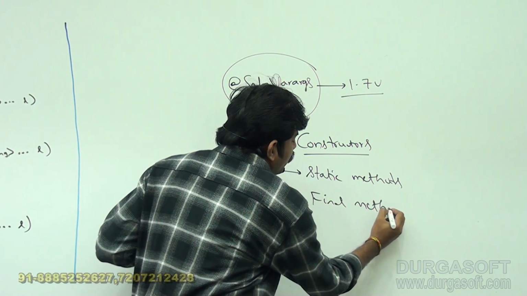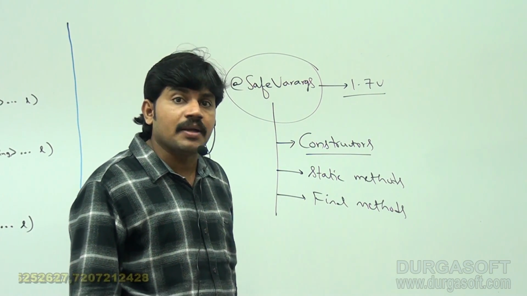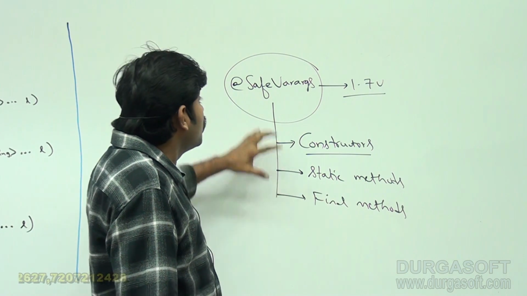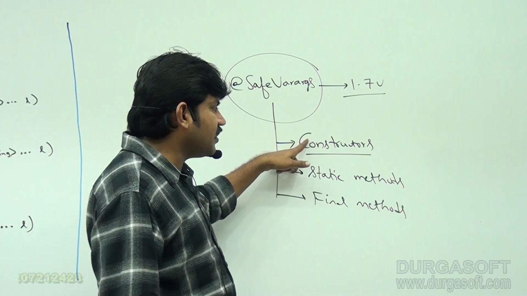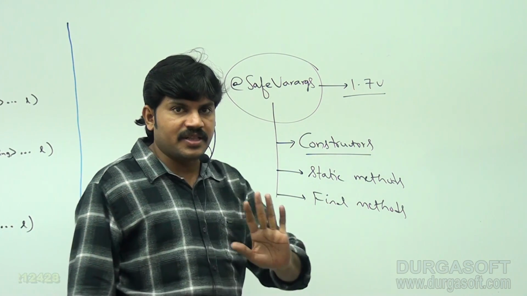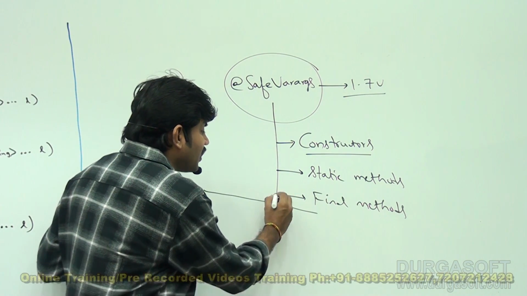So in the 1.7 version, the SafeVarargs annotation is applicable for constructors, static methods and final methods only. But from 1.9 version onwards,